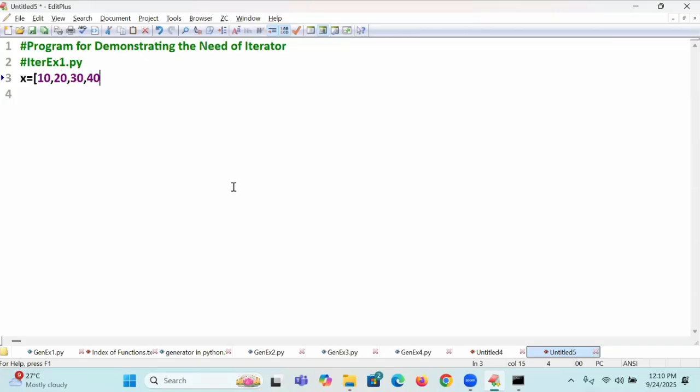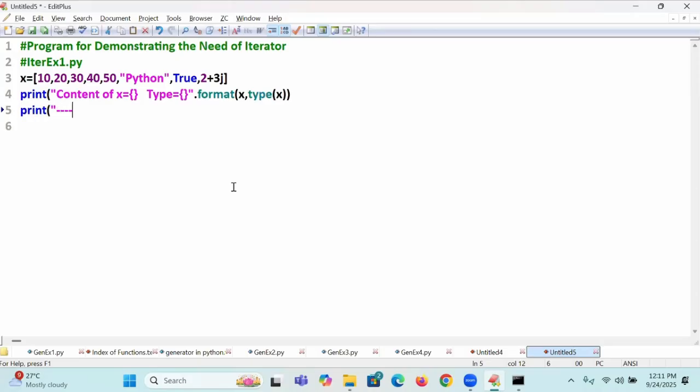Now I am going to write it: print('content of x = {} and type is = {}'.format(x, type(x))).